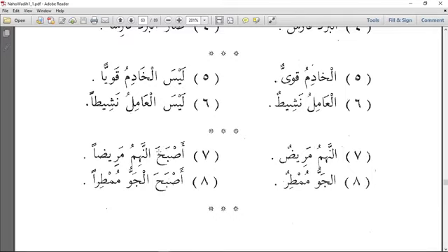Don't forget, I said they have two meanings. One of them is to describe the noun, the mubtada, with the khabar, just like kana does. But here, the time will now be specified instead of just being in the past like kana. So asbaha nahimu maridun. The glutton was sick in the morning. Al jawu mumtirun, the weather is raining or the weather is drizzly. Asbaha al jawu mumtiran, the weather was rainy in the morning.